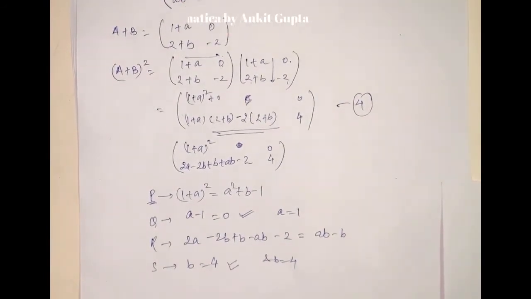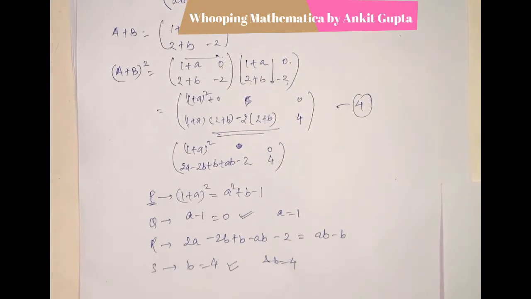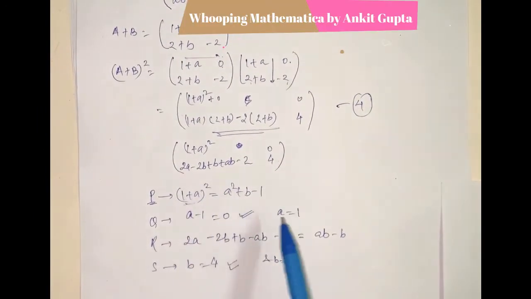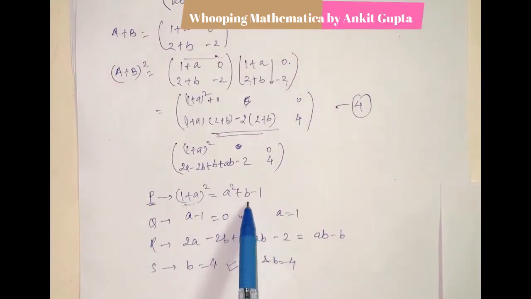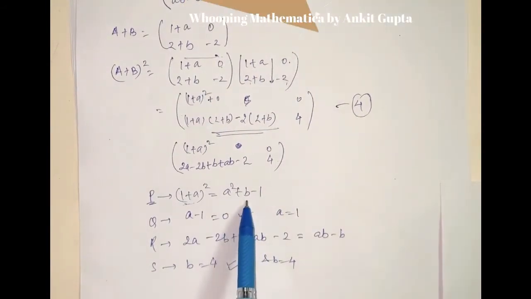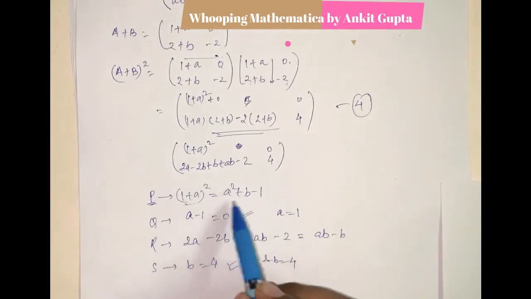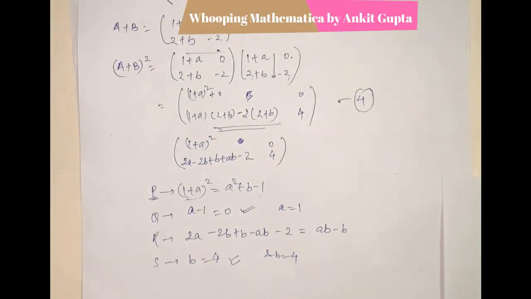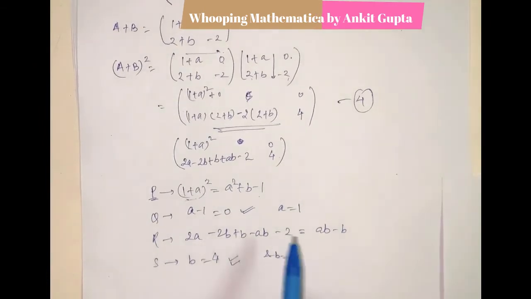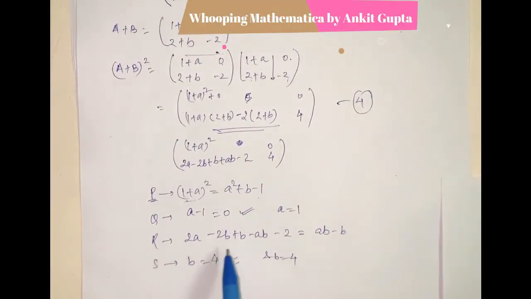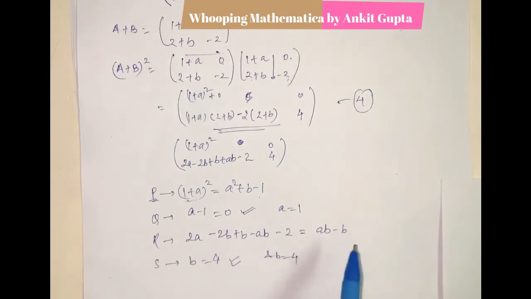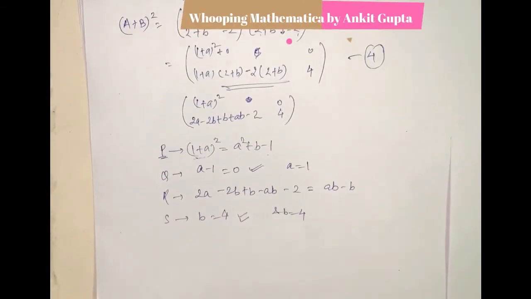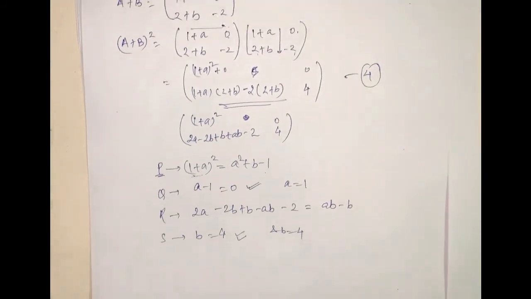So we need to put a as 1. Here we are going to get 2 whole square, which is 4, and then we are going to put a and b here, which will result as 1 and minus 1 will get cancelled out, so your result will be 4 on both sides. Similarly, here you are going to get 0 in LHS and RHS. Hence the correct answer is a is equal to 1 and b is equal to 4.